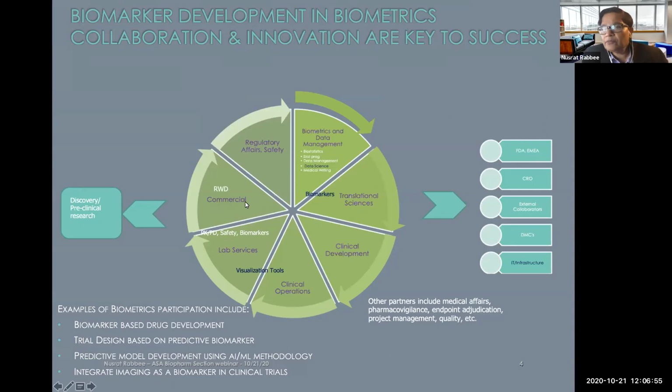And we would work with commercial groups for observing those biomarkers in real world data. The clinical science or clinical development, the physicians, we are always working with them in the development of biomarkers and in understanding the disease and how the treatment affects the disease process. And finally,